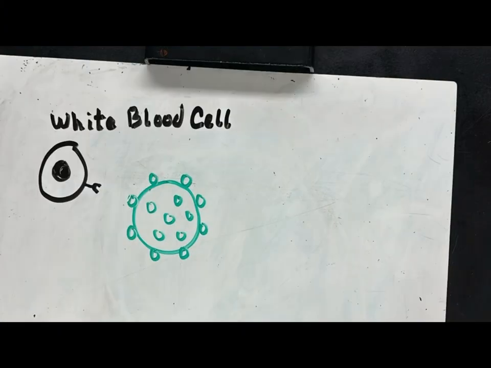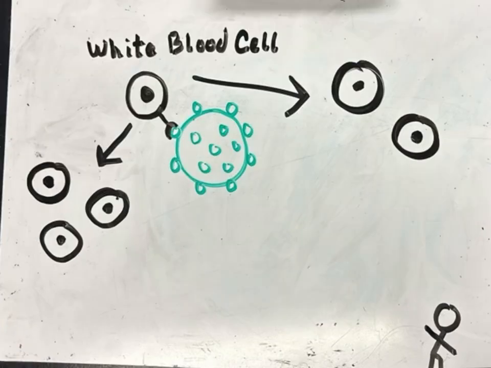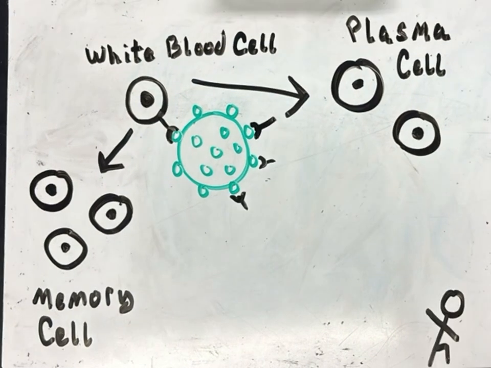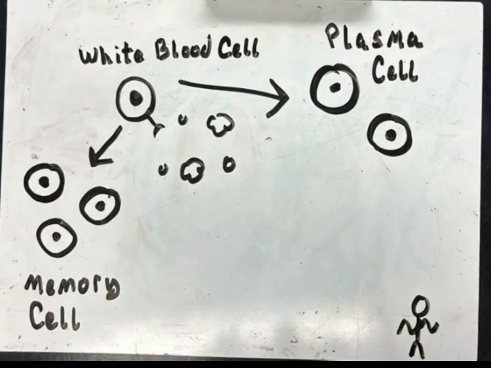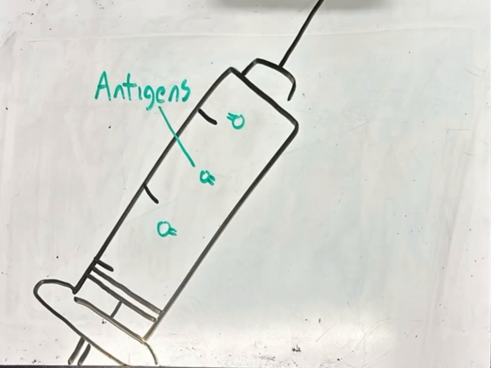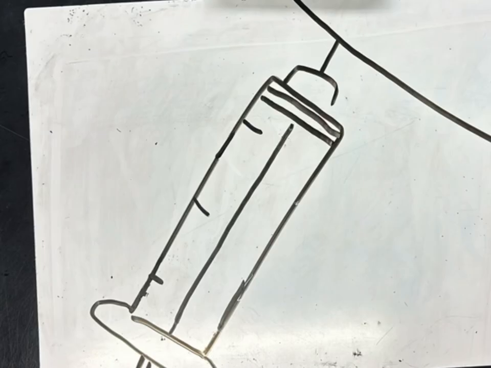However, white blood cells detect the foreign antigens on the virus's surface and immediately activate plasma cells that will secrete large quantities of antibodies to kill the virus and develop memory cells that remain dormant until a future attack by the same virus. Vaccines work similarly in the way that they inject antigens of a virus into the blood,